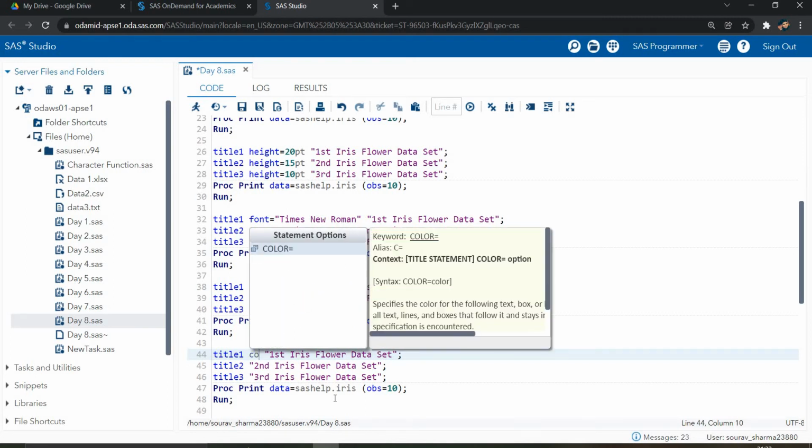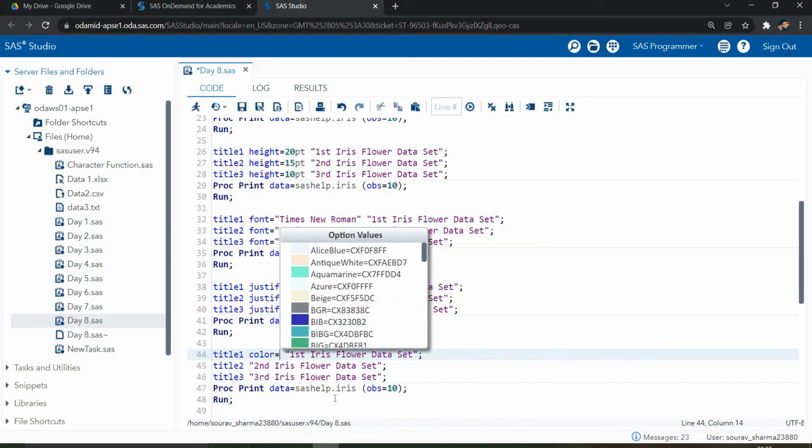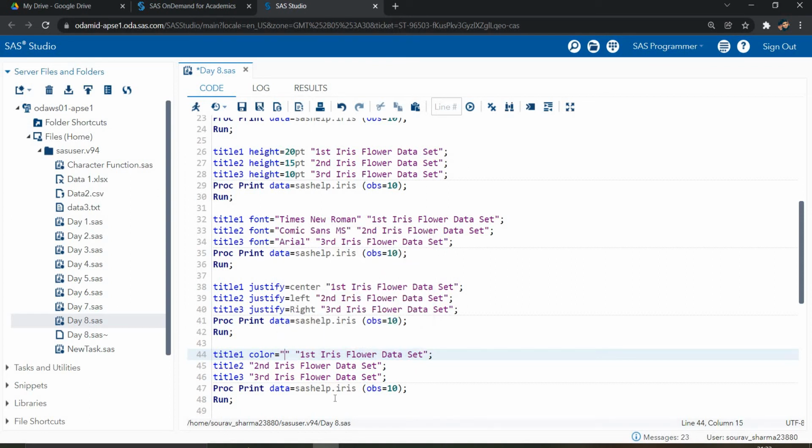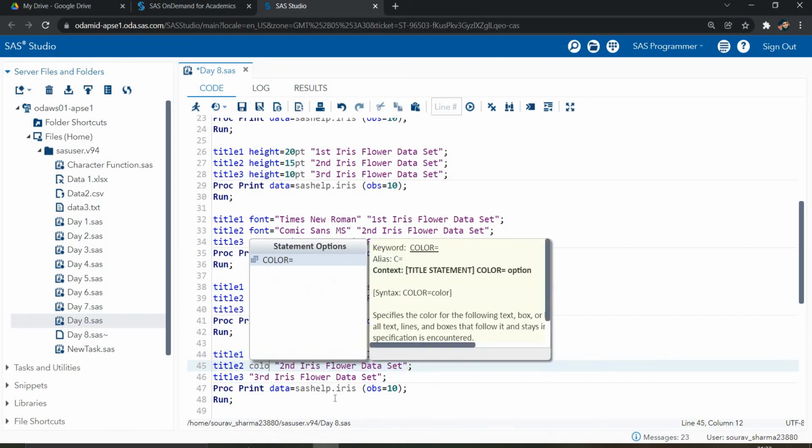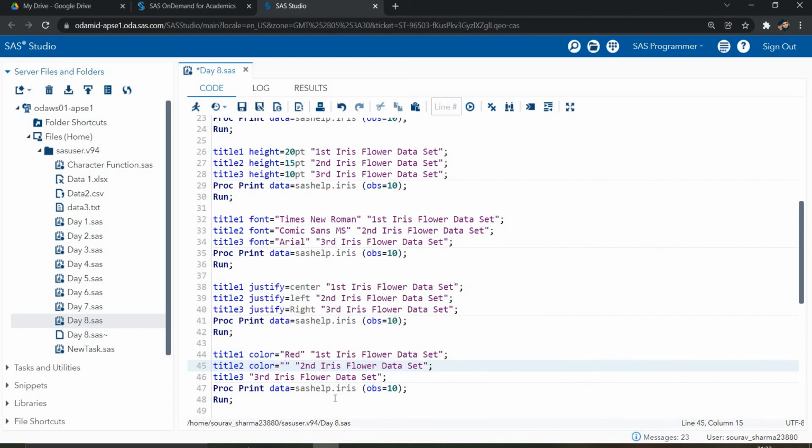And also for the color. Let's suppose now you're saying I want to change the color of my data. So many formats we have here, and if you don't know the particular format, let's suppose we write in double quotes red. I want the first in red.